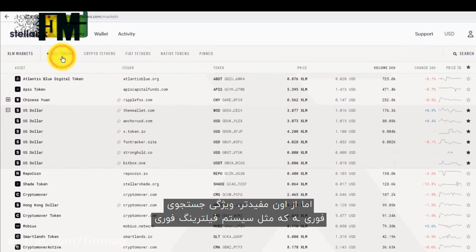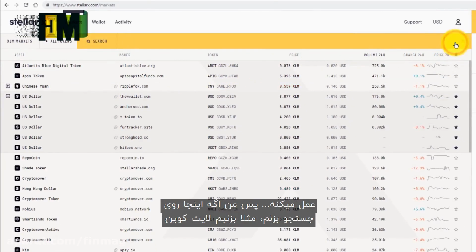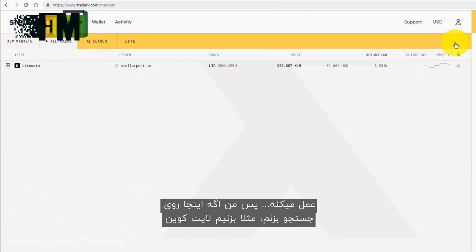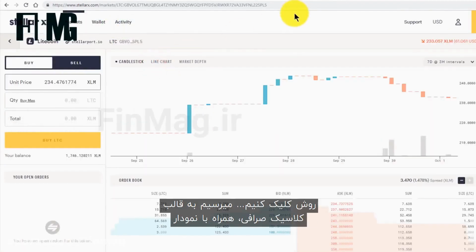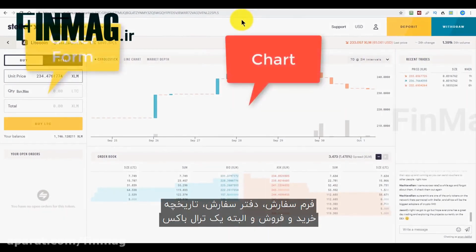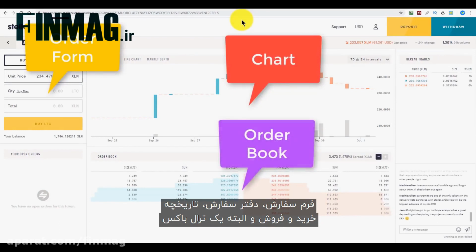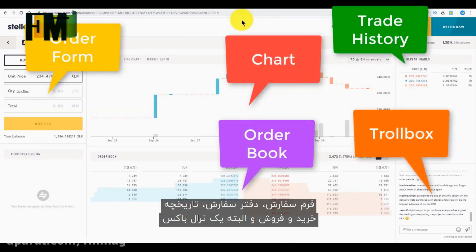Even more helpful than that is the instant search feature, which has a real-time filtering system. So if I click on search here, let's go for Litecoin. All I had to do is type "lite", and here it is. Click through to that, and then we get the classic exchange layout with a chart. We get an order form, we get the order book, the trade history, and it wouldn't be complete without a